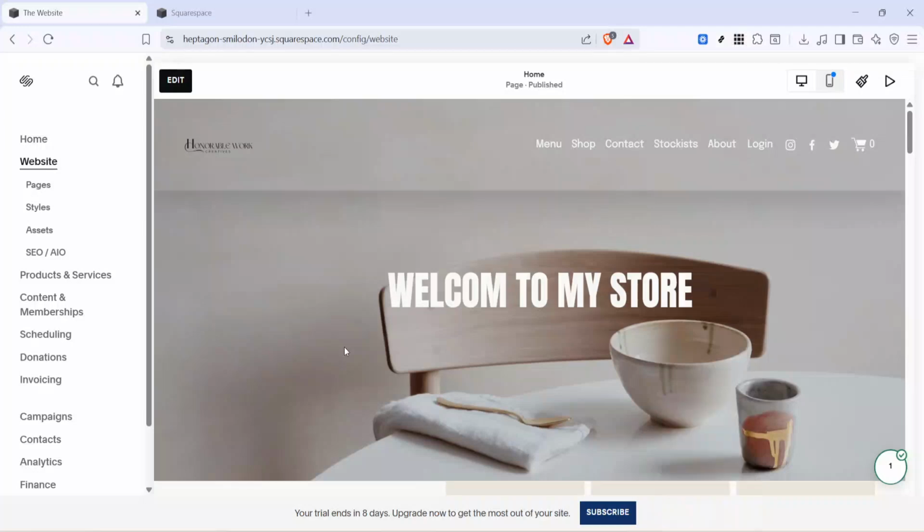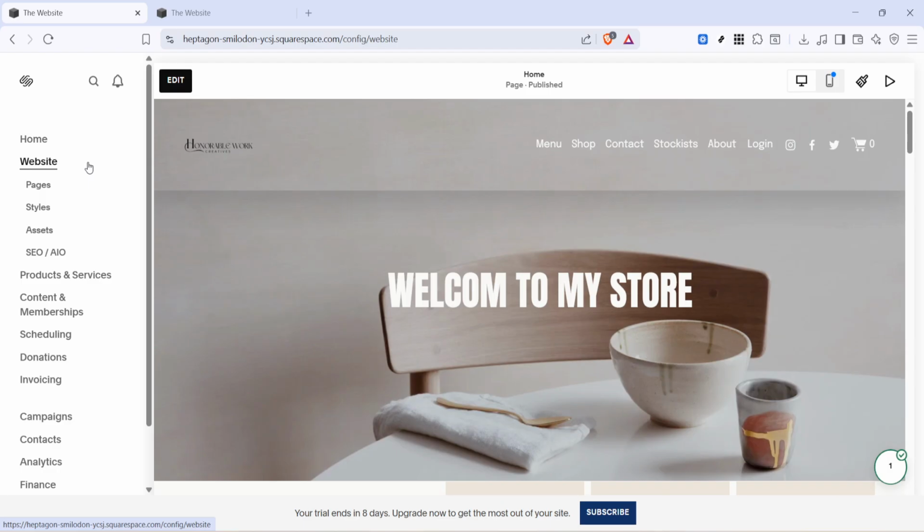In today's video, I'm going to teach you how to add a border around an image on Squarespace. To get started, the first thing you will want to do is make sure you have the Squarespace ID Finder extension installed. This is important because it helps you quickly identify the specific image block you want to target with custom CSS. Without it, finding the exact block ID can be much more difficult, especially if you're working on a